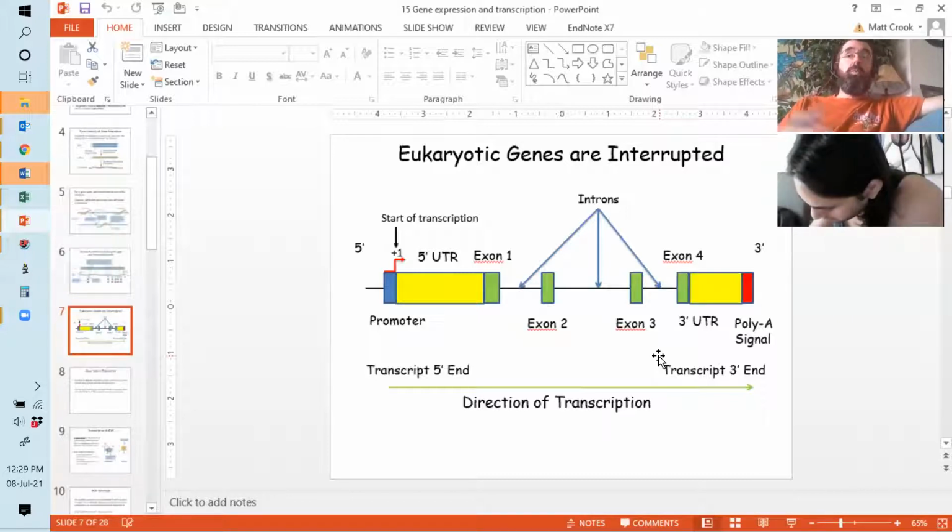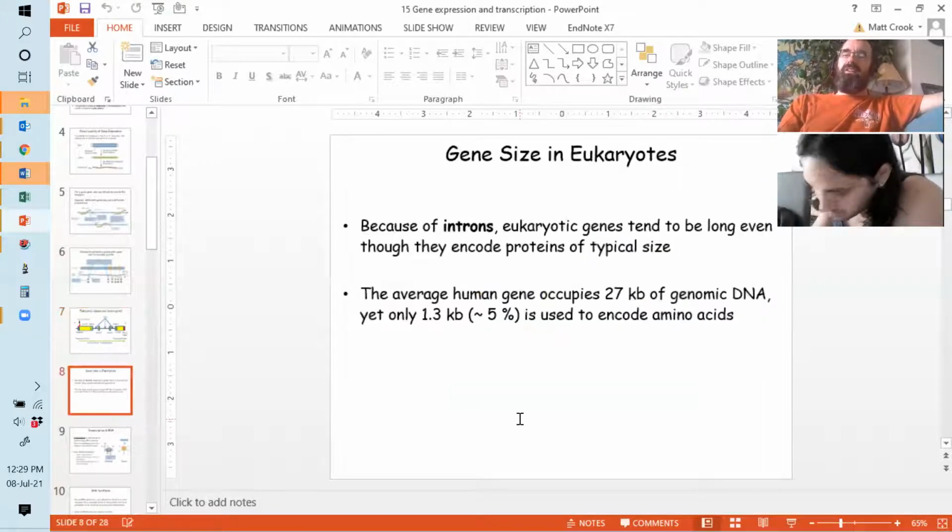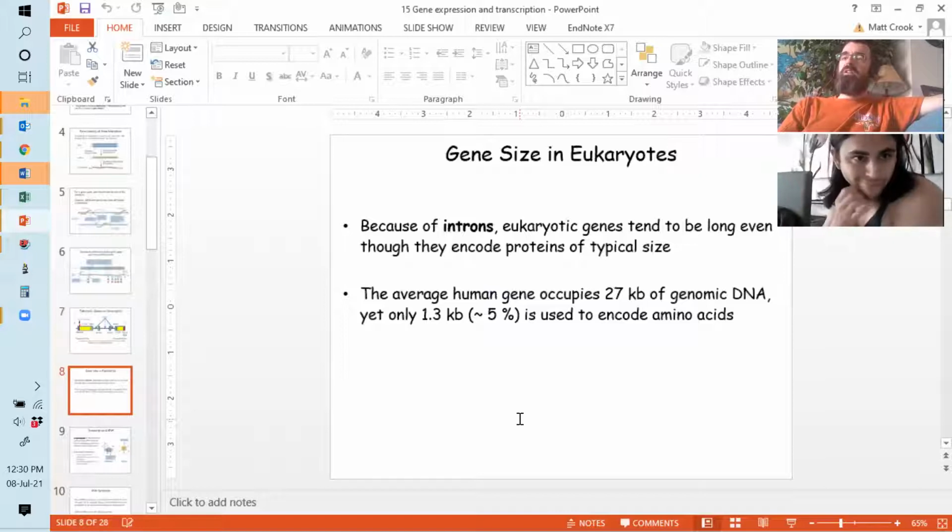So that's one of the reasons why coding regions make up such a small part of our DNA, because a lot of the gene is actually made up of space, introns, right? And so the average human gene is about 27,000 base pairs long, right? But of that, only 1,300 base pairs actually encodes for amino acids,